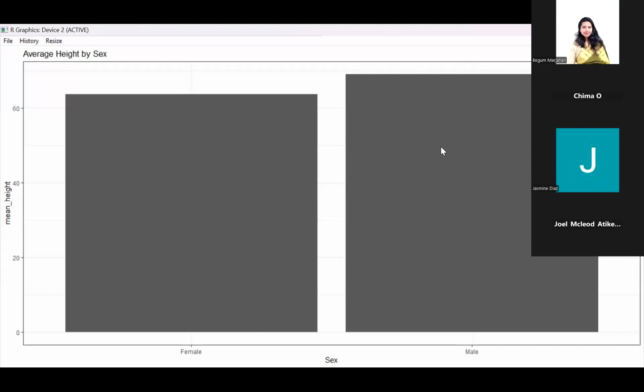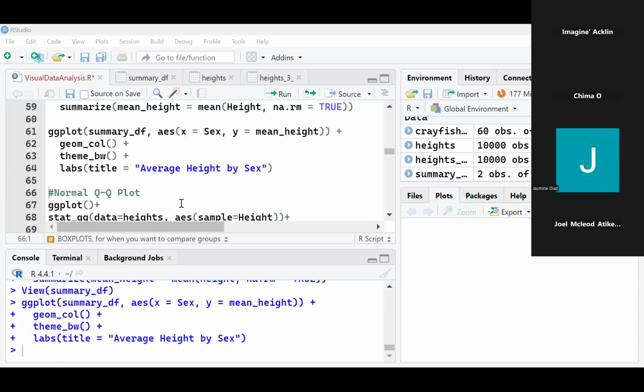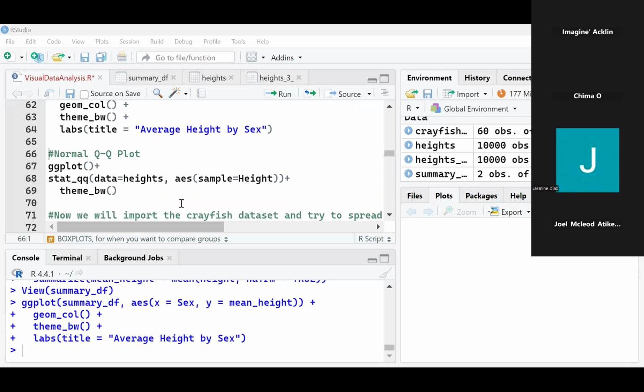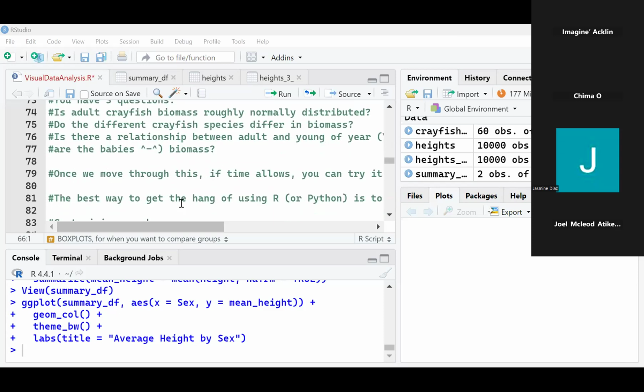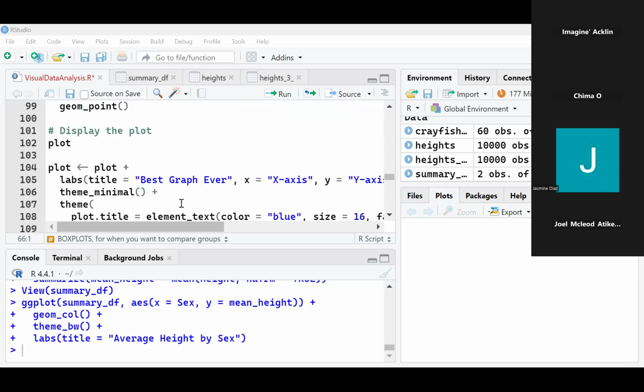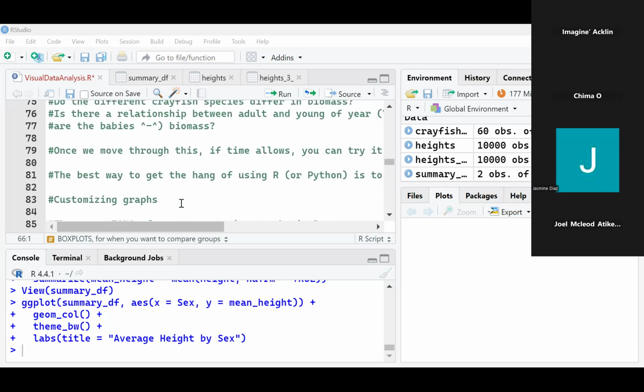In this case, we only have 2 treatments, right? So, okay, that's a bar plot. So really fast, maybe we'll jump into customizing real quick. All right. We're gonna do a normal QQ plot. And down here we'll customize. Okay, so